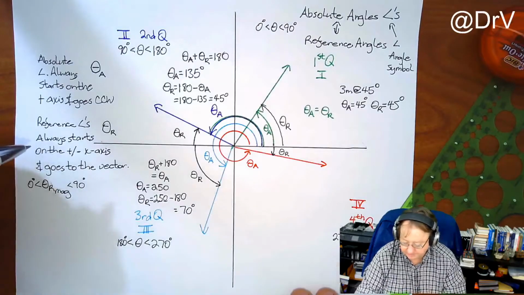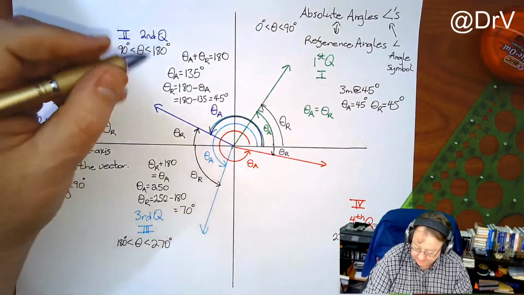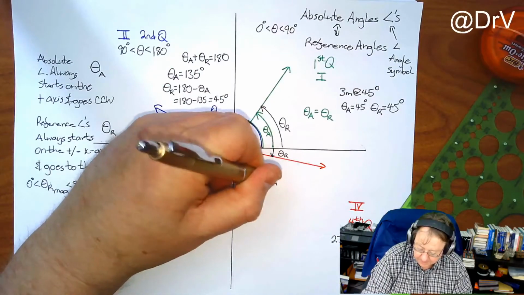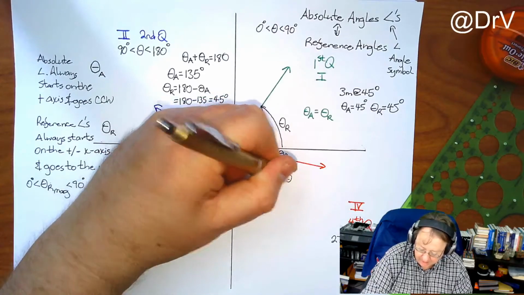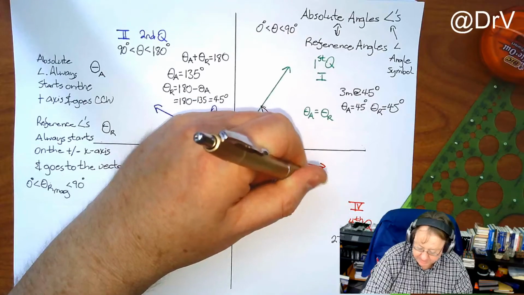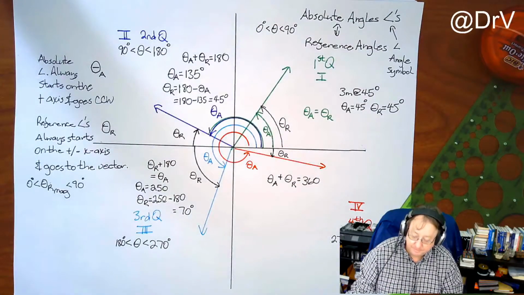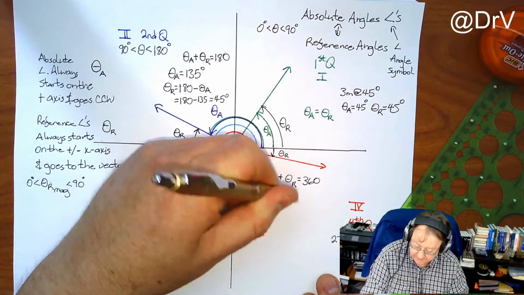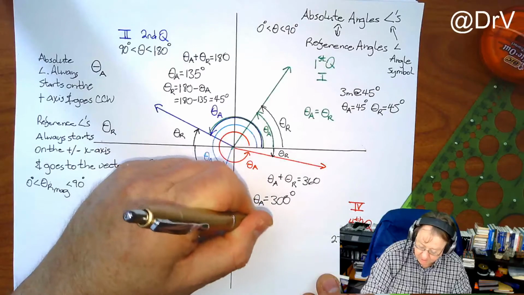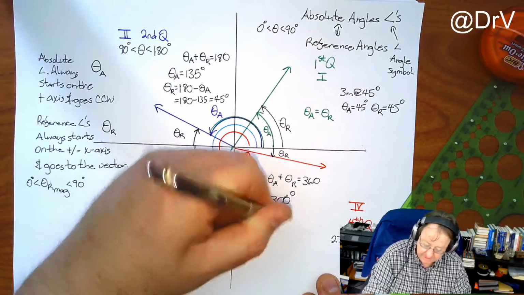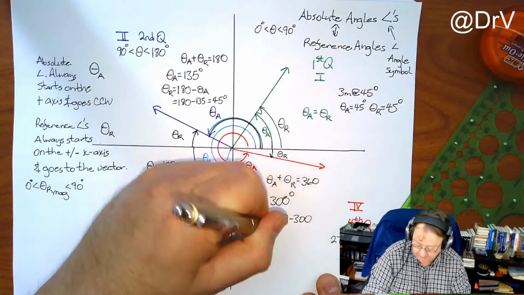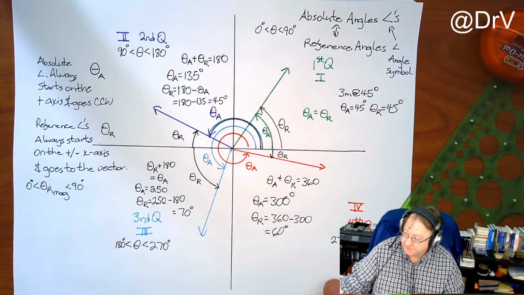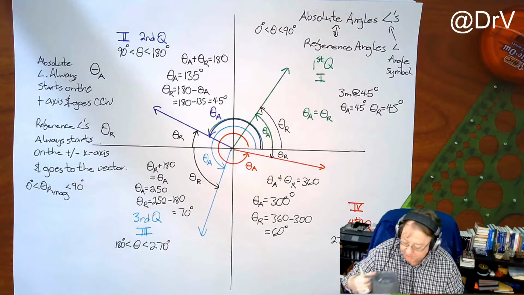70 degrees. And then for the last one, theta A and theta R must add up to 360, because it makes a full circle. So if your theta A was 300, your theta R is 360 minus 300, or 60 degrees. And so those are some conversions that you can make